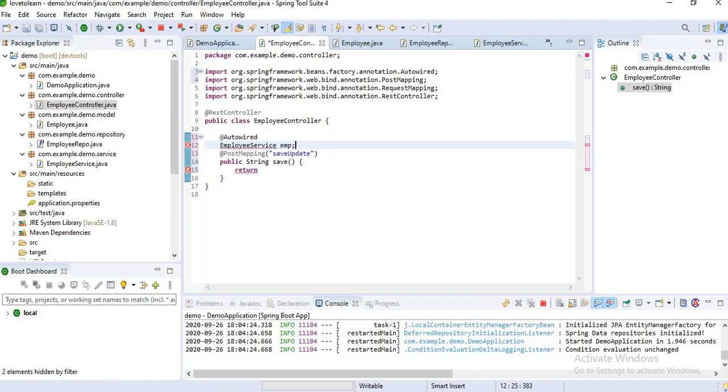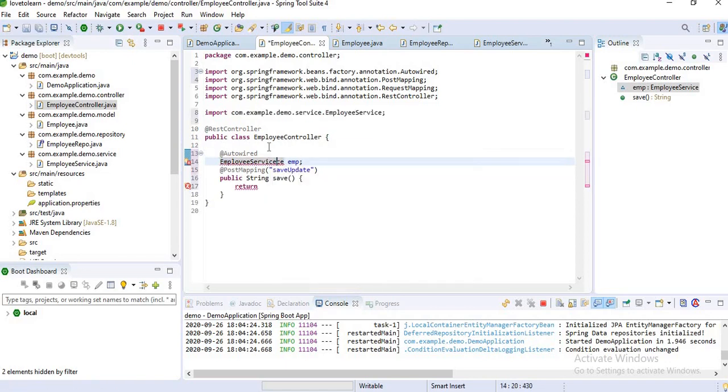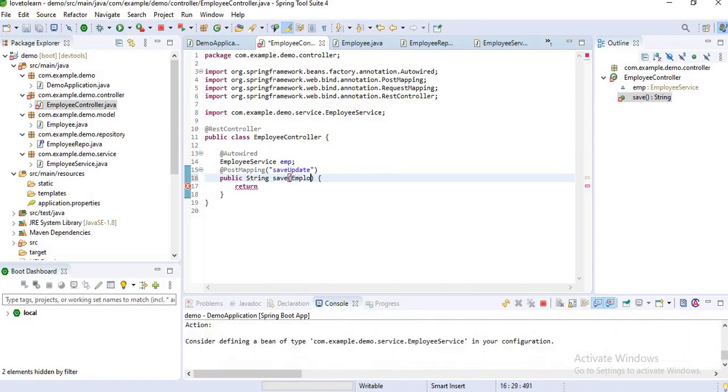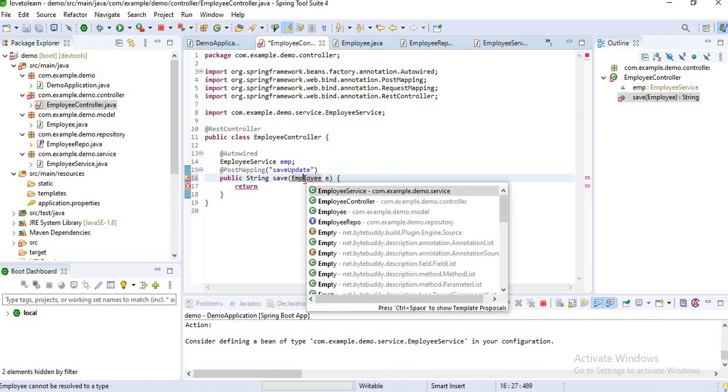I'm naming it as emp. Let's import this employee service class. Okay, let's save it once. When we are getting the data from view, my data type is employee.